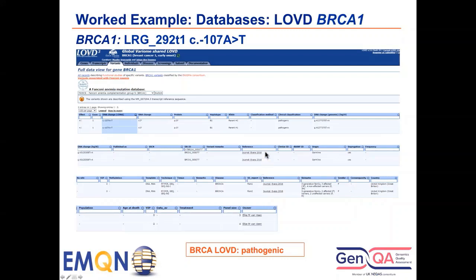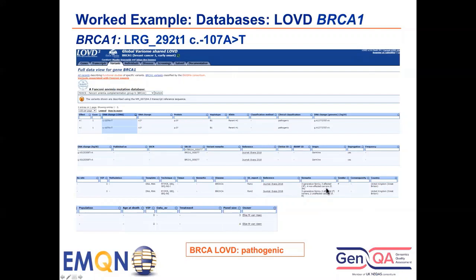So you can see it's been reported in 2 families, both by Evans et al. 2018, and it actually gives you some further information about both these families. So family 1 is a 3-generation family with 3 affected females. It also says there's 4